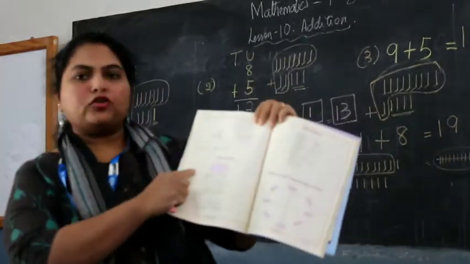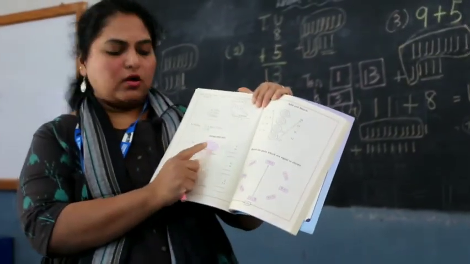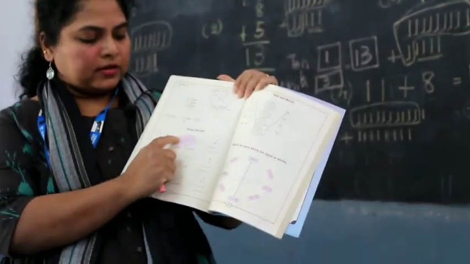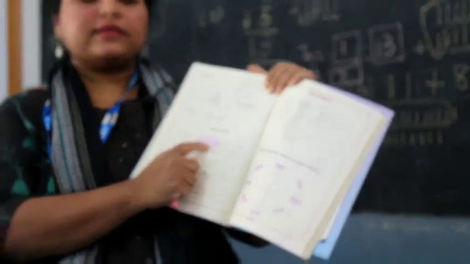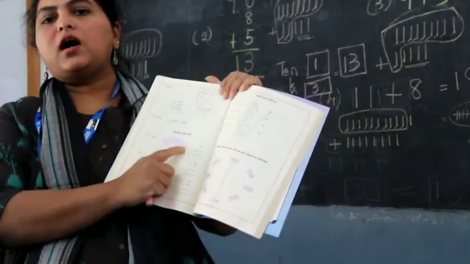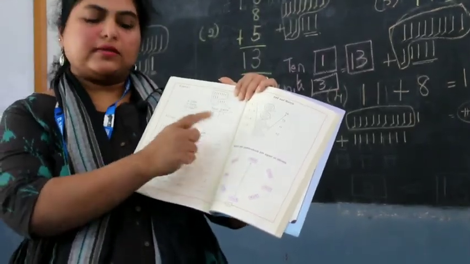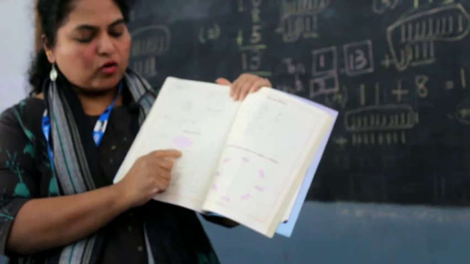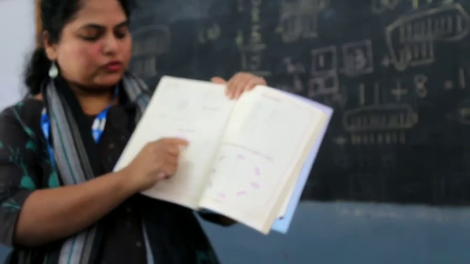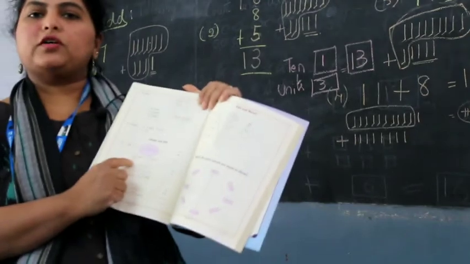So when they asked 0 plus 14, 0 we cannot count, so we draw 14 sticks and group up to 10. 1, 2, 3, 4, 5, 6, 7, 8, 9, 10. So you have 10 sticks here, and what is left out of the circle are 4 sticks. So in the tens column, how many circles of groups of tens do you have? 1. So you write here 1. And how many units do you have? 1, 2, 3, 4. 4 units are left, right? So we'll put 4. So we have 1 ten and 4 units, which is equal to 14.